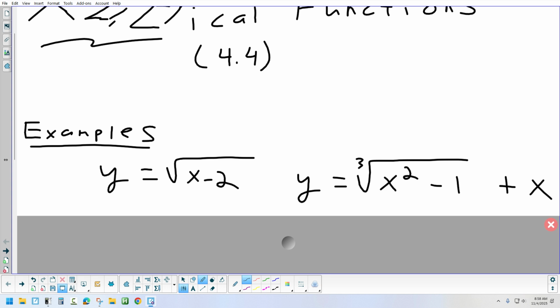The simplest radical function, I didn't write it down, but would be this one. Square root is one of the most common roots we deal with. And this doesn't have any other numbers with it. I'm not adding, subtracting, or multiplying, just a square root of x. We are going to do the same thing we did